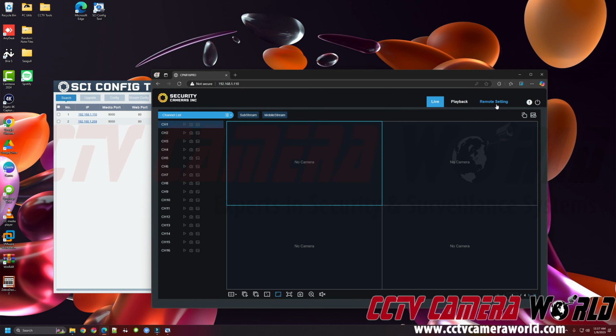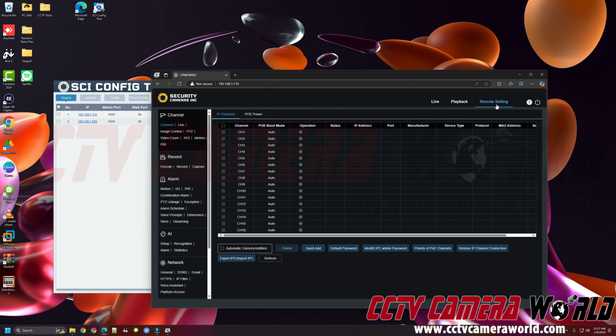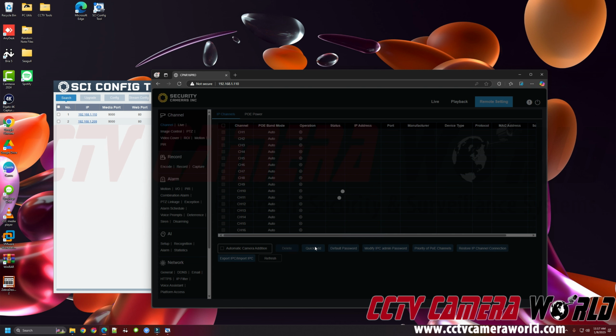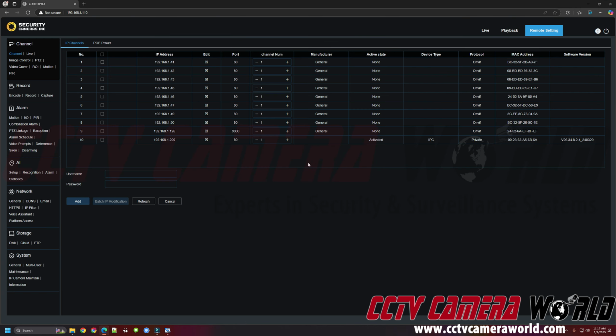I need to go to the Remote Setting tab at the top right-hand side. In the Remote Setting tab, you should already be on the Channel and then Channel page. If you're not, make sure you click on the Channel menu option at the top left-hand side. And then you need to click the Quick Add button. Just going to maximize my web browser screen here. And after clicking the Quick Add, what this is doing is actually searching my network, much like the config tool did. However, I have an Edit button, which will allow me to easily go into this camera and change its IP address. So I click on the Edit button,